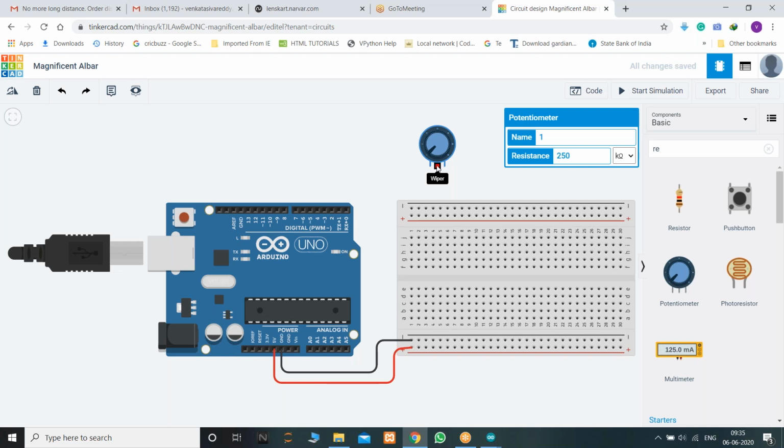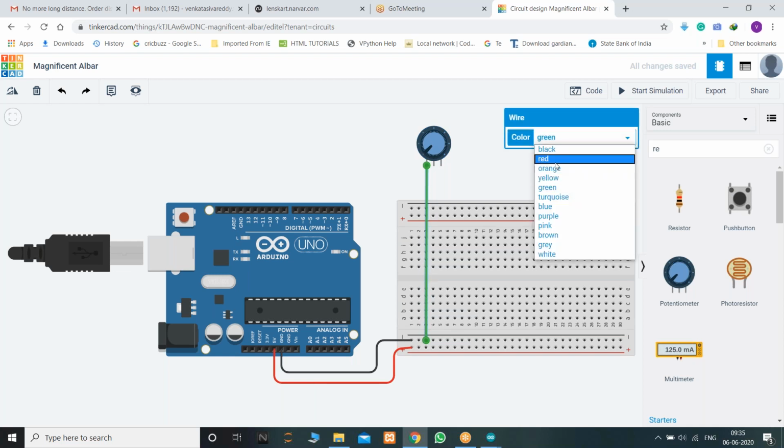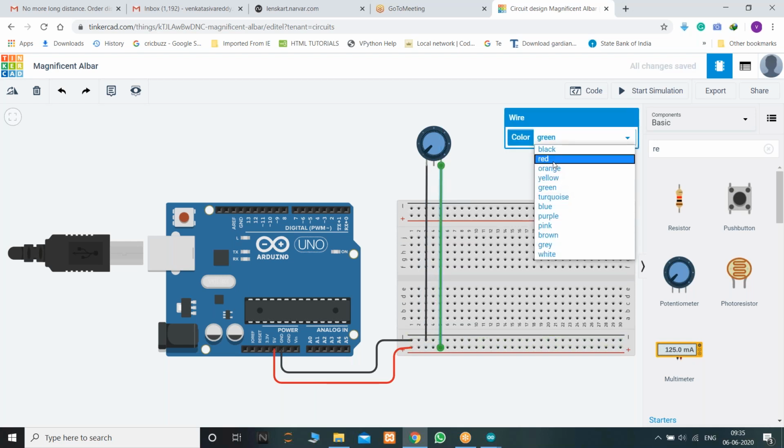Let us see that. So see here, we do have 3 terminals here, right? The first terminal and the last terminal are the power supply pins. I'm just connecting this first terminal to ground, which is in black color, and red is the supply, right? So on the last terminal, I'm connecting it to red.